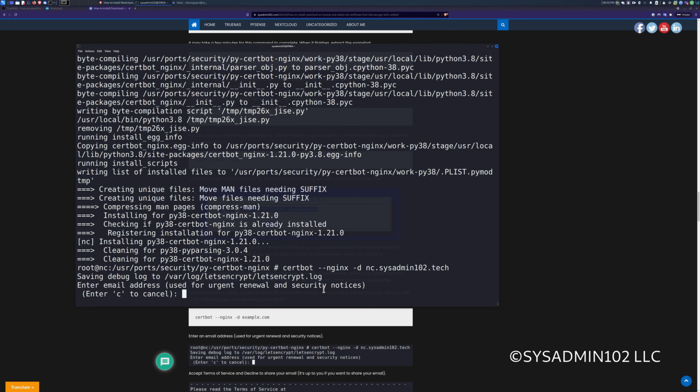All right, since it's the first time you're using certbot, it's going to ask you for the email address. This is the email that Let's Encrypt can use to notify you that the certificate is about to expire, and if the auto renewal fails to renew the certificate, you can go in there and manually renew the certificate before it expires.